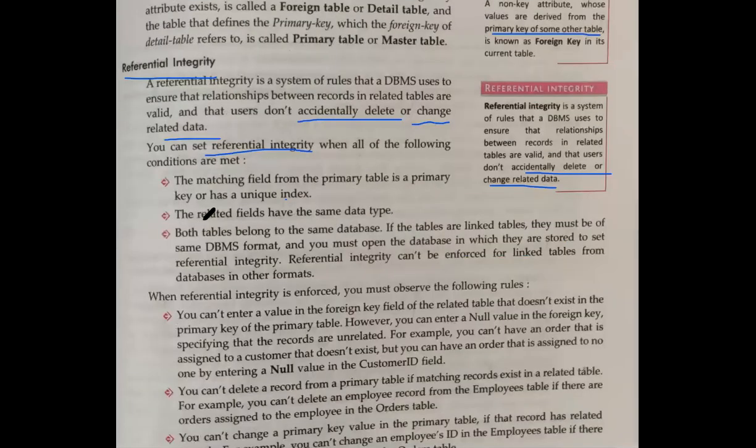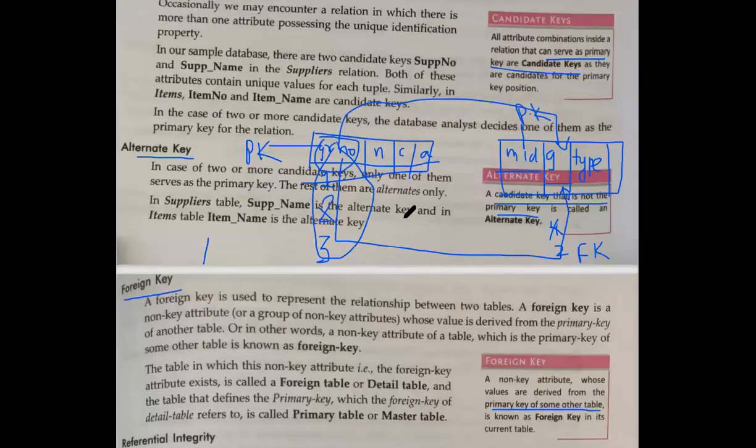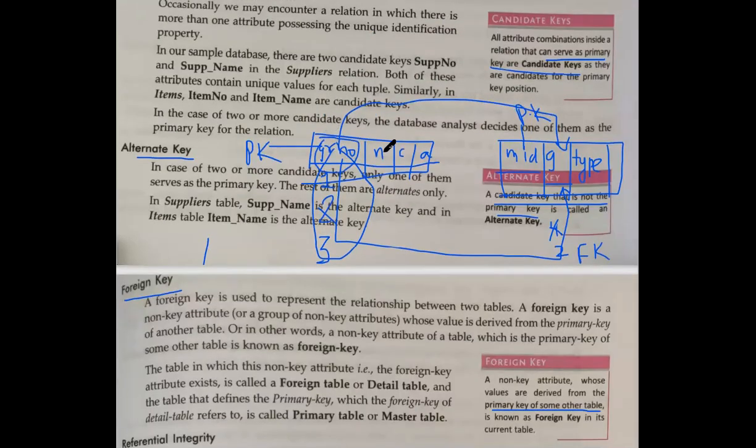Second, the related fields have the same data type. This is a compulsory thing. जैसे कि जब हमने यहाँ पे बोला कि हम इन दोनों कॉलम्स को आपस में ज्वाइन कर रहे हैं, या हम इसका रेफरेंस यहाँ दे रहे हैं. You can take any name, जैसे यहाँ पे GRNO है, यहाँ पे ओनली G है, so you can take this, no problem, but the data type must be same.